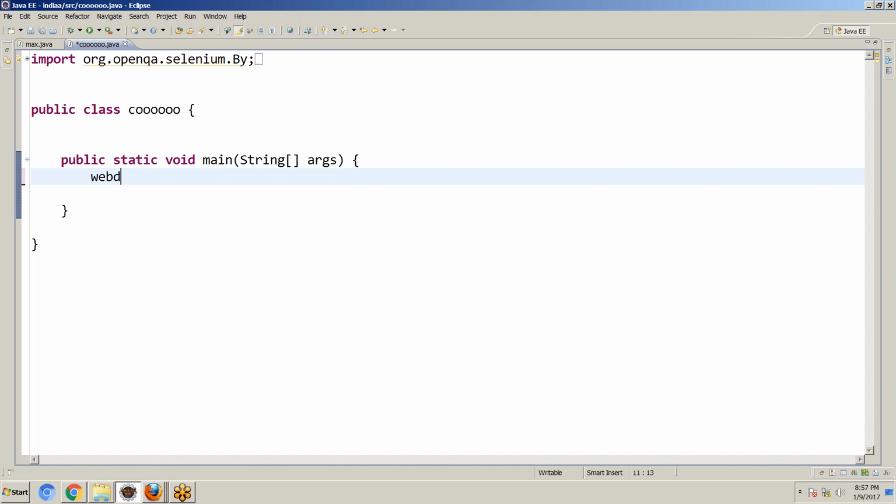WebDriver WD equal to new FirefoxDriver.